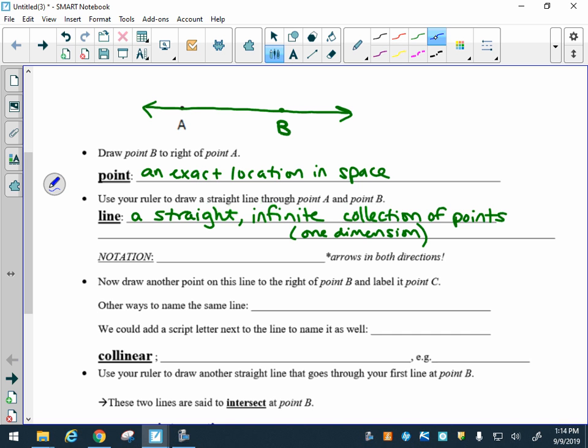Okay, notation in geometry is really important. So you have to kind of learn what all the different symbols mean, kind of learn the language. So a notation for a line, this would be called line AB. And we use this symbol over it with a bar with 2 arrows, one on each side. You've probably seen this before. But in this class, we get really specific about different notation for different things. Okay, so a line has the two arrows, representing the fact that it goes on forever in both directions. We could also call this line BA,